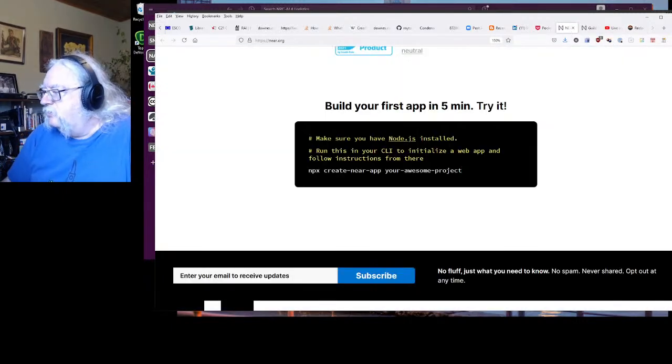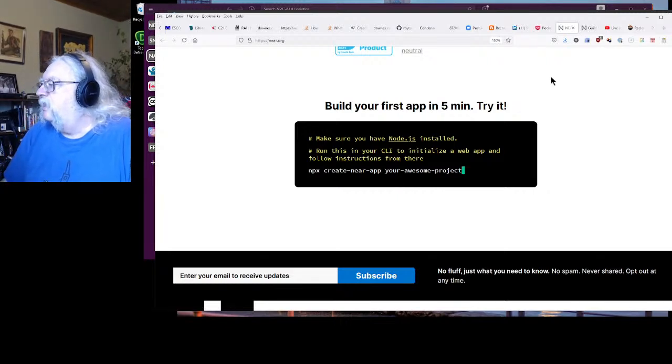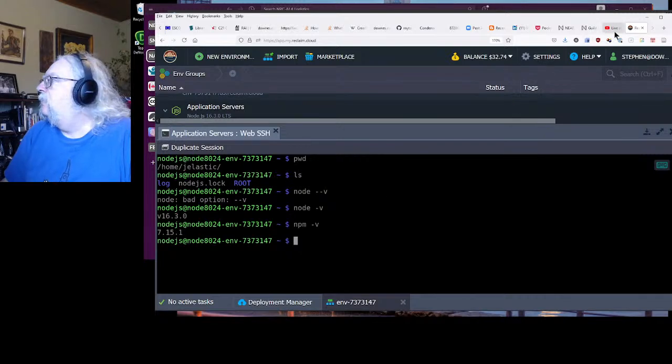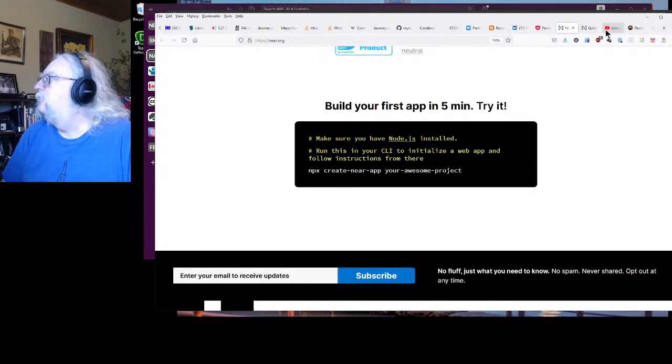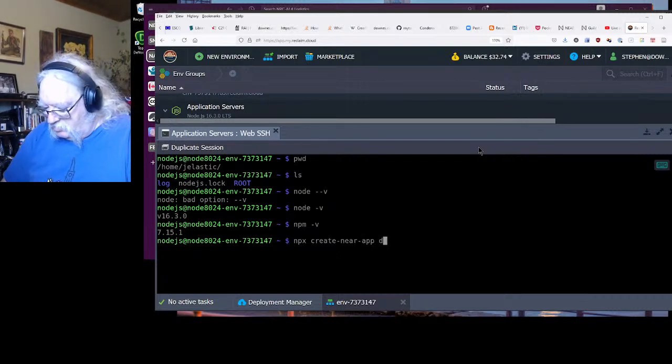Here's my one instruction, npx, which is like npm, create-near-app, your awesome project. Well, we'll give ours a better name than, oh, can I not copy this? Oh, come on, guys. Why would you do that? If you're going to give me one instruction, at least let me copy it. All right, npx create-near-app and then project name. npx create-near-app and then my project name, so we'll call it Downs